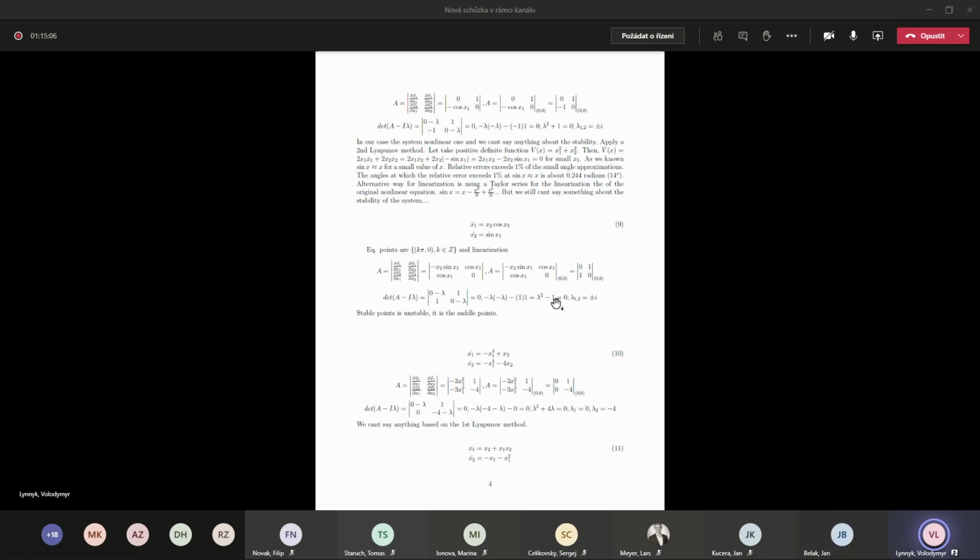Yes, lambda 1, 2 equal to plus minus 1, not j but 1. And this origin is unstable because it is a